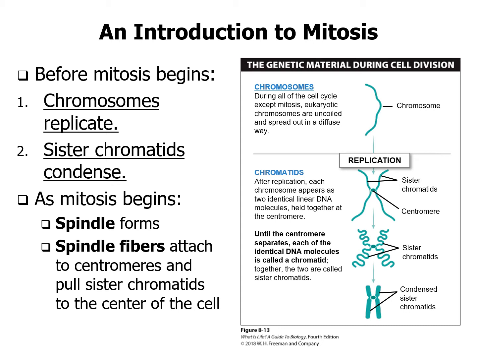And once they condense, then we're ready for mitosis. So initially they're kind of loosey-goosey, as chromosomes have a tendency to be, and then they're going to condense, and that allows us to begin mitosis. And as mitosis begins, we're going to have spindle fibers form, and we'll talk about that here in just a second. But the spindle fibers are going to attach to those centromeres, so that little central hip that our sister chromatids are conjoined at. So very important thing to make a little note of, but we are going to talk about why that happens and what happens after we have those spindle fibers attach.